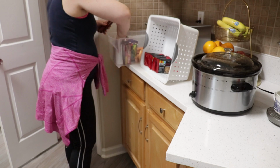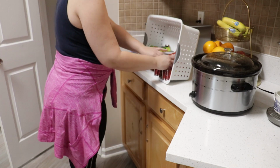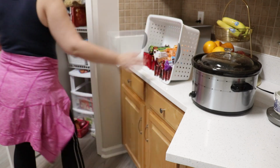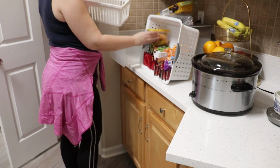that you make in the crock pot, and it's been great for breakfast. I pack it up for my husband to take to work. He eats it for breakfast. It's been good. All right, so right now I'm pulling everything out, like all the snacks, and I'm putting them